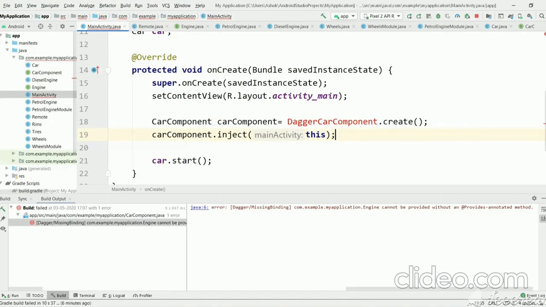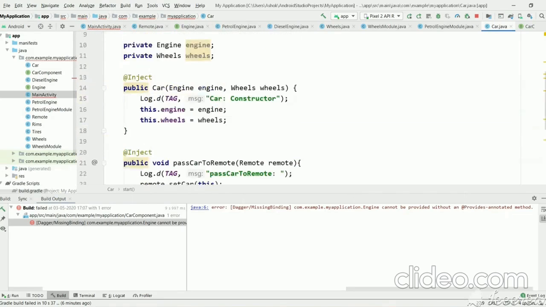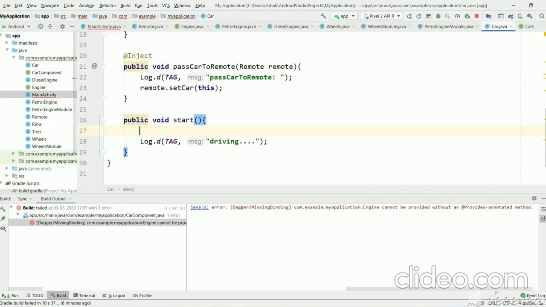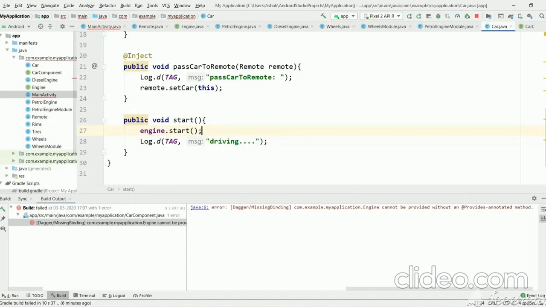Let's come to this later. Dagger will create an engine object and wheels object, and engine has a start method. Let's call it. The start method will print either petrol engine or diesel engine based on the object of this engine.